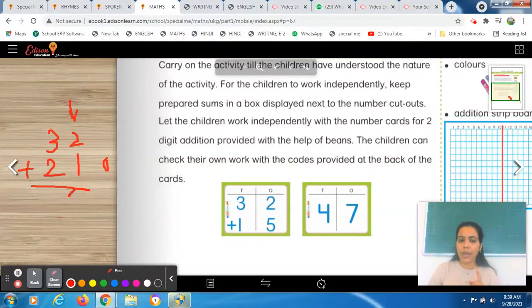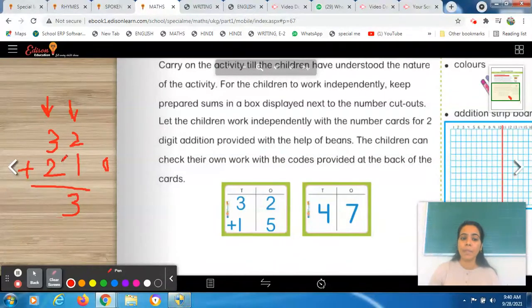So you will not write 3 over here. You have different number cutouts. Take the right cutout and place it over here. So you will take the 3 number cutout and place it next to your number. Okay, so 2 plus 1 is 3. When you're done with the right hand side, you have to conduct with the left hand side. So in the same manner, you have to come to the left hand side over here and then start. Firstly, you have to observe both the numbers and see which is the biggest number. So tell me, which one is the biggest number?